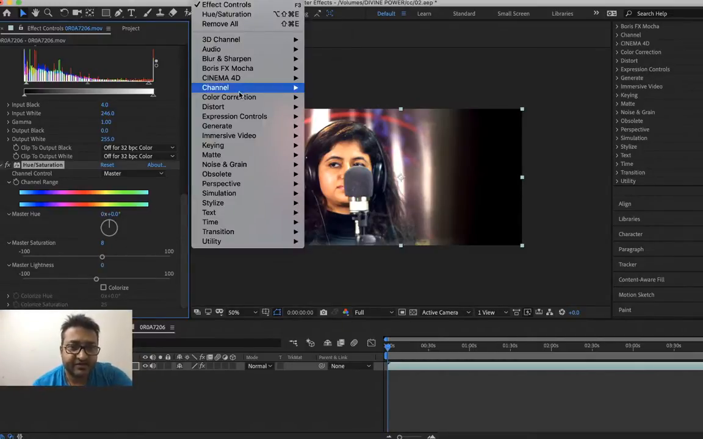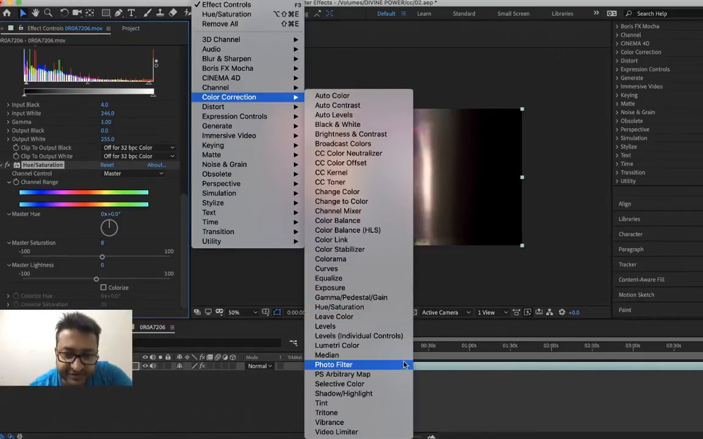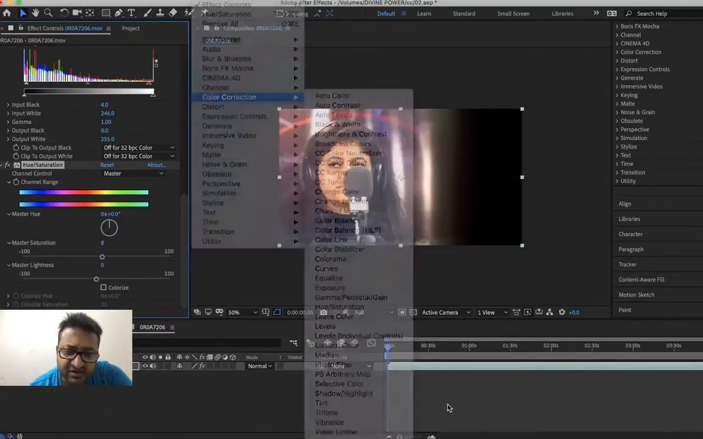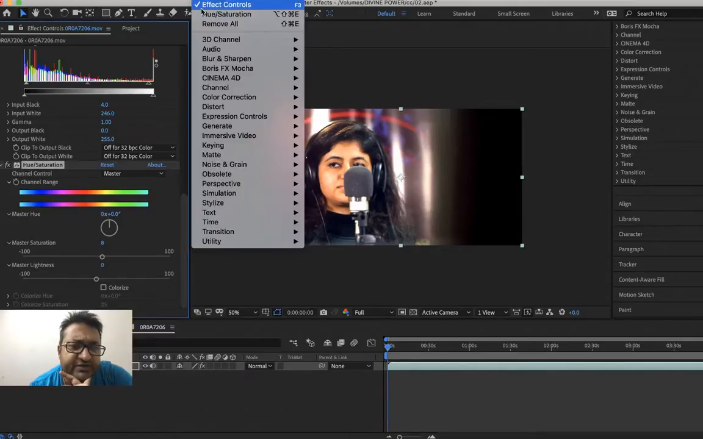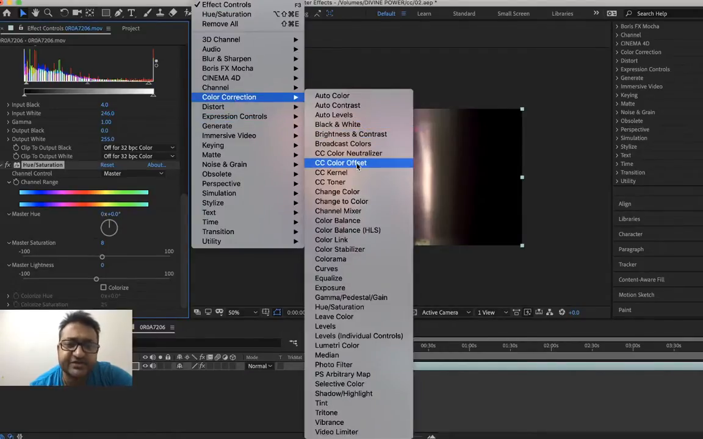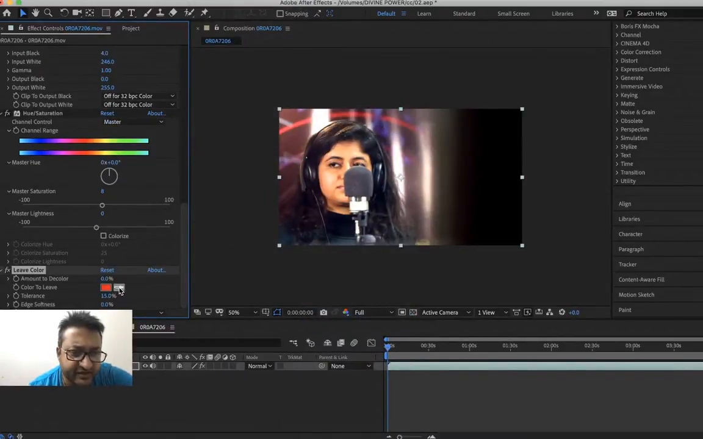Now let's go to color correction, and what should we do? Now what if we want only his face to be in color and the rest of the part to be black and white? To do that there is an option which says leave color. In leave color you can choose his skin color and you can increase the decolor option. As you increase the decolor option, you can see the rest of the part has gone black and white, but